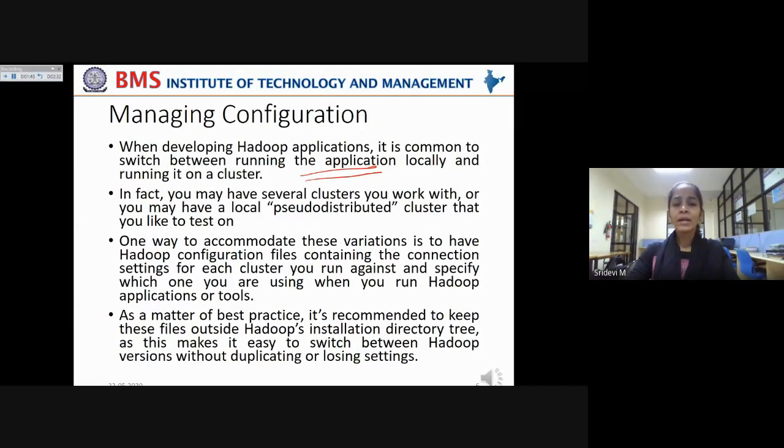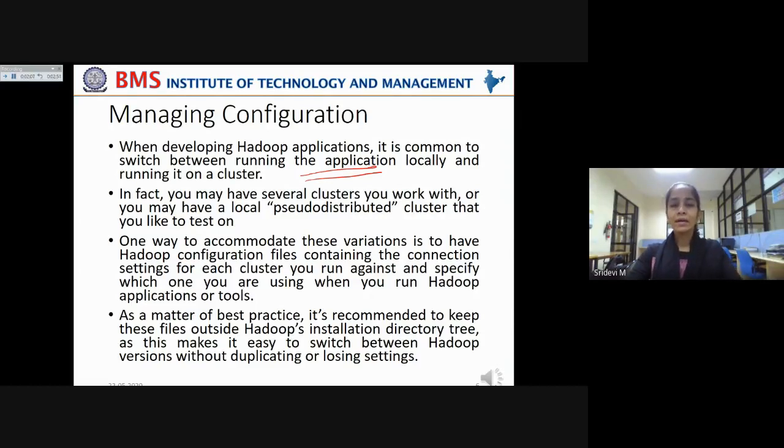As a matter of best practice, it's recommended to keep these files outside Hadoop's installation directory tree, so that it makes it easy to switch between Hadoop versions without duplicating or losing the settings.